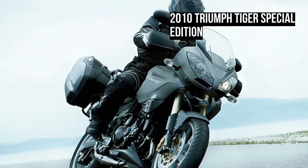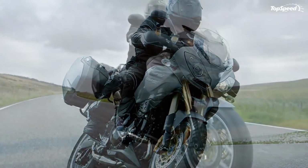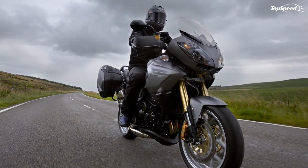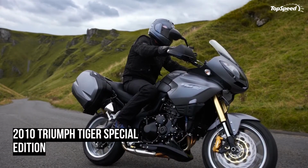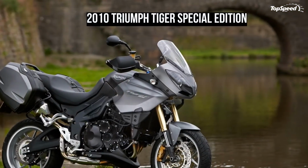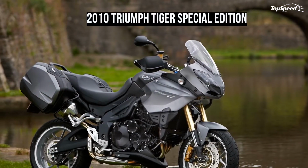Being the only motorcycle in this class to feature a 3-cylinder motor, the Triumph Tiger offers a much sportier riding experience than the competition, and that's what set it apart even before the special edition model was in design state on the drawing board. Specifications: